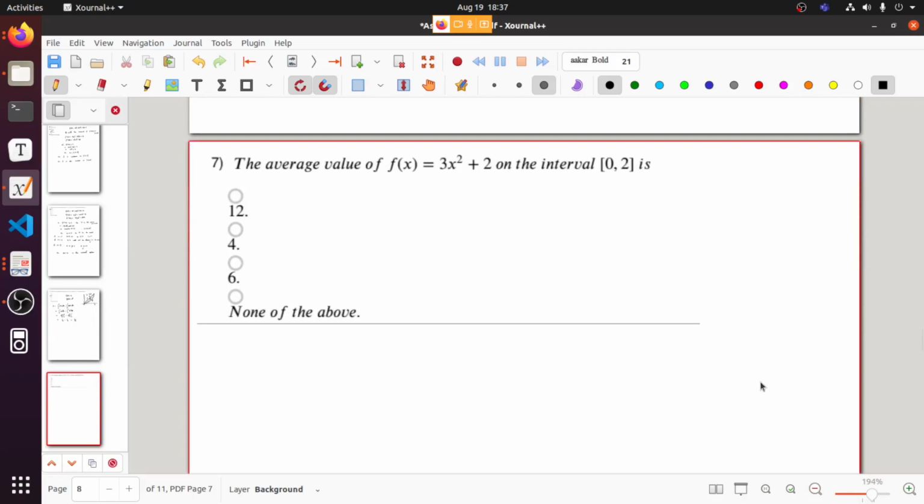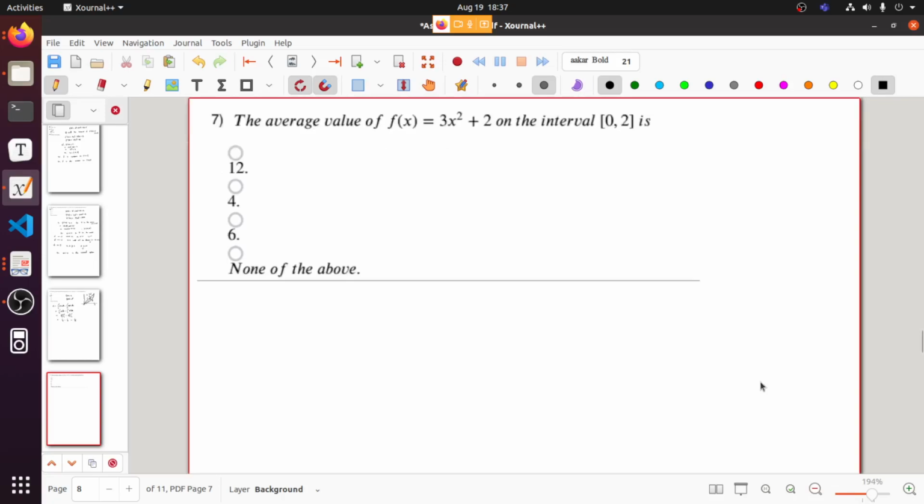You have to find the average value of the function 3x square plus 2 on the interval 0 to 2. So find the average value, right? What is the average value of a function? So the average value of f is given by, just in the interval,